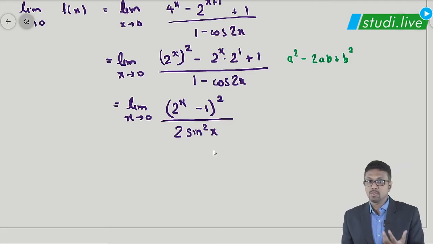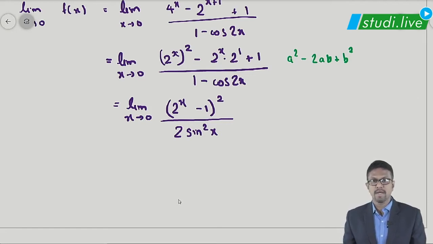Since there is sin square x, I will require 2x, so that is x square. In the same way, over here also the formula is a raised to x minus 1 upon x. So for both the formulas to be complete, I will have to divide it by x square. Okay. So the formulas that we are going to use are: limit when x tends to 0, a raised